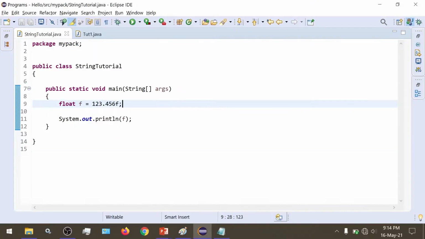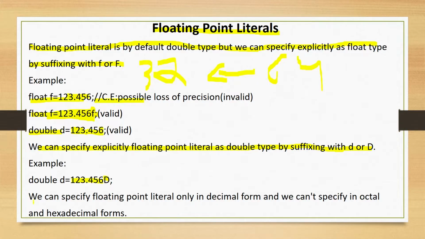Just as we indicated float by putting F, if we want to indicate double, we can use the suffix D. But there is no point in using it because by default this number is considered as double. It can be uppercase or lowercase, but its usage is irrelevant.